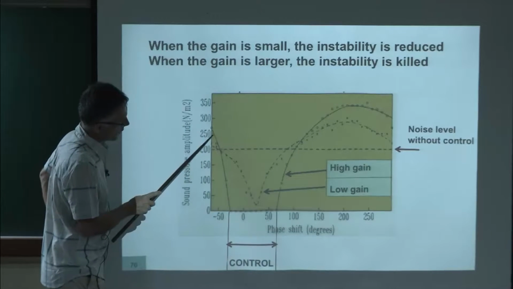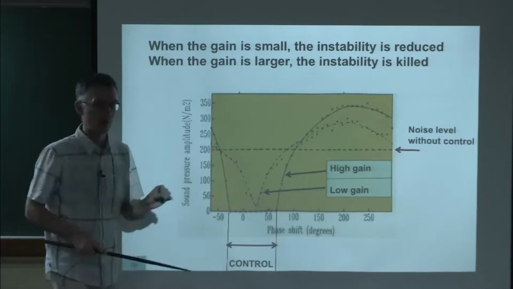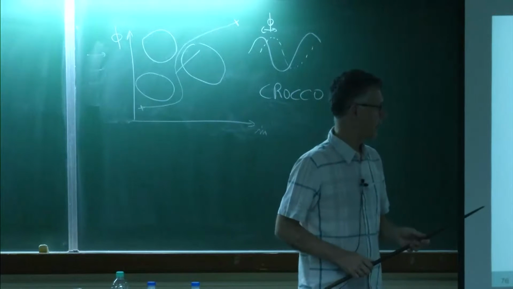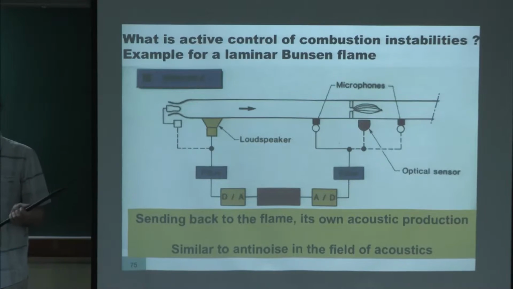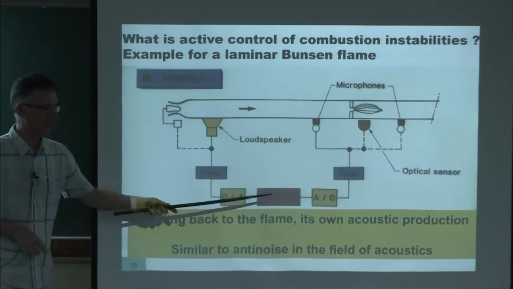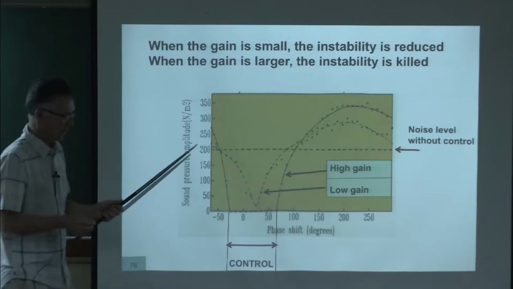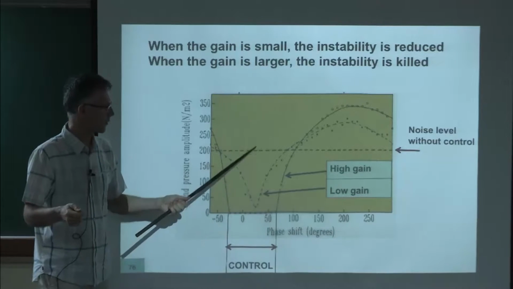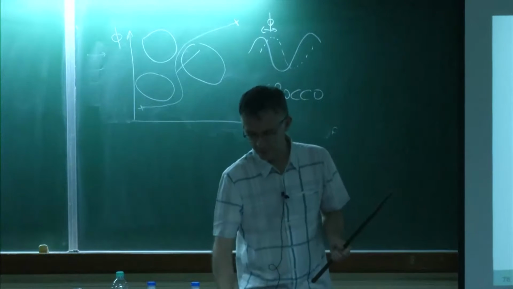And you see that if you have sufficient gain here, like for this curve, there's a range here where the flame completely stops. It's actually a very interesting experiment that you can do easily because the system we used here, the loudspeaker, was coming from the car of the PhD student. And this we bought for maybe, it was just a delay line, maybe 30 euros. So that's a very cheap experiment. And so when you are here, if the system is off, you put the system on, no noise, you put it off, you come back. So you can control the noise completely by an external system.